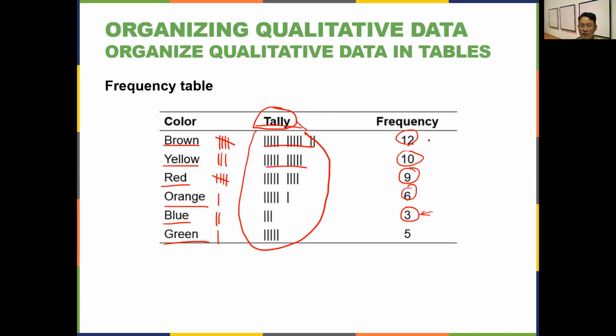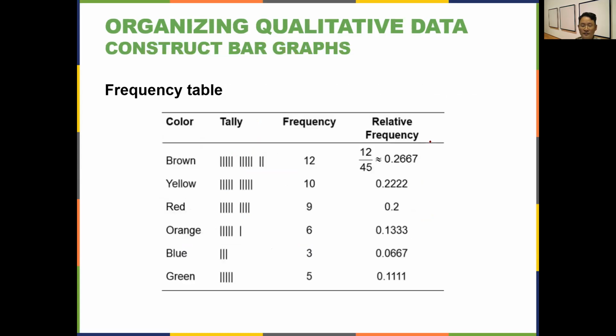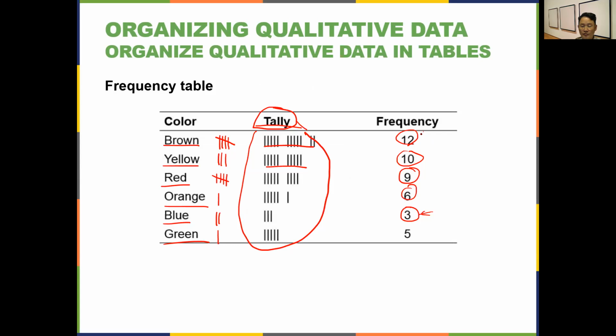So how many total do they have? Well, you have to add all this. If you add 22, 31, 37, 40, 45, you have 45 in total, right? Now,